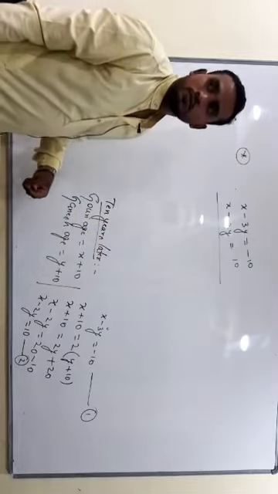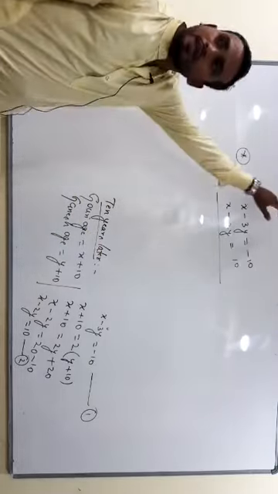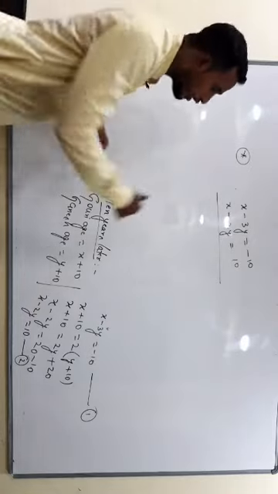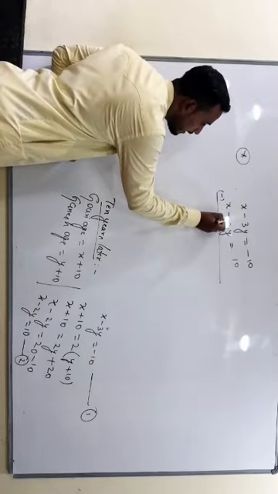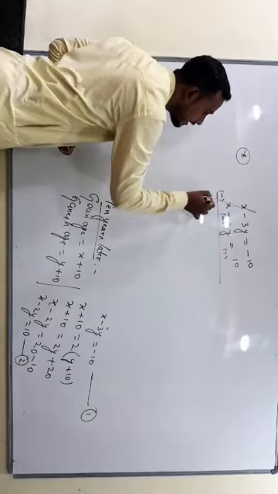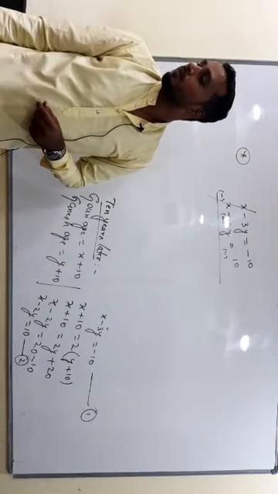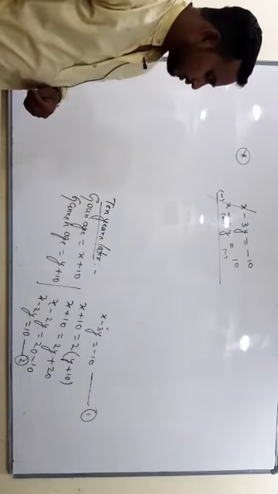See children, here we have to interchange the sign. Sometimes if it is plus and it is minus, we can cancel directly. If not, you have to interchange the sign. This is minus, this is plus, and this is minus. Now we can see plus x and minus x will get cancelled. Understood? Plus and minus will get cancelled.